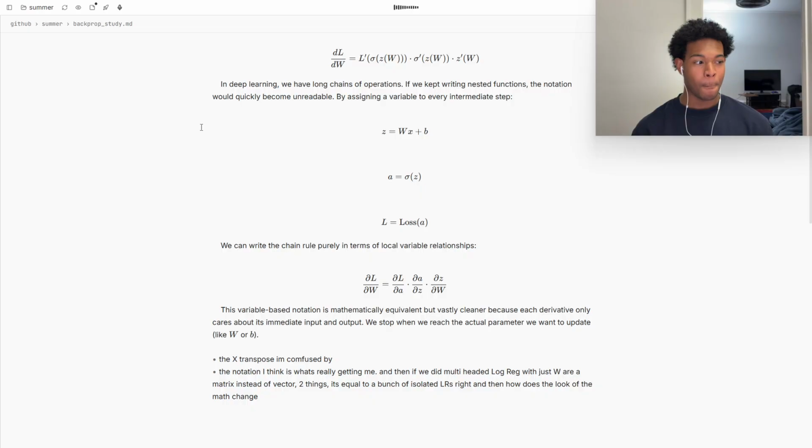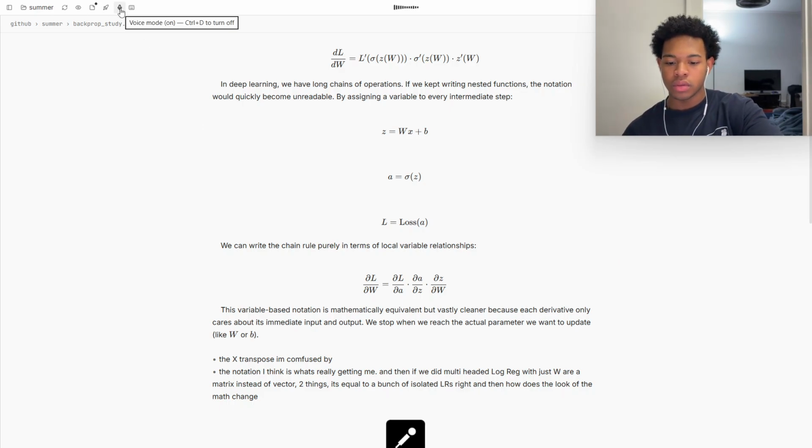This is a standard convention in deep learning called the denominator layout. Since W is a row vector of size 1 by D, its gradient, the derivative of L with respect to W, must also be a row vector of size 1 by D. Let us look at the chain rule we wrote. The derivative of L with respect to W is the derivative of L with respect to Z, multiplied by the derivative of Z with respect to W. The first term, the derivative of L with respect to